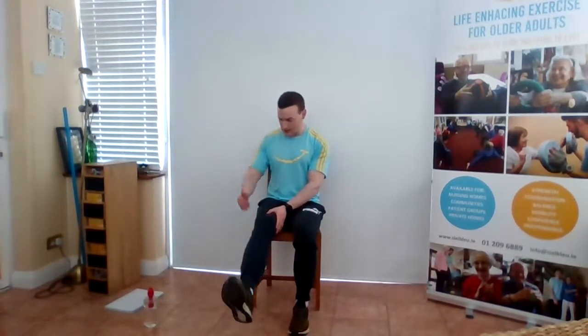Extend the leg, slowly lower the foot. Let's go another couple of times. Let's go twice more. Leg might need a little bit of a shake because I'm just working really hard just to slowly lower that foot back down. Swap sides, left leg, extend, slowly lower the foot down. Extend, slowly lower that foot back down. So just continue on like that,